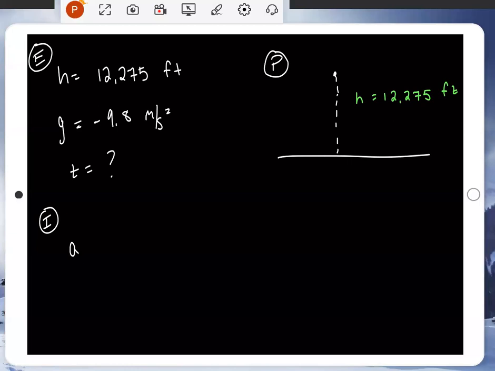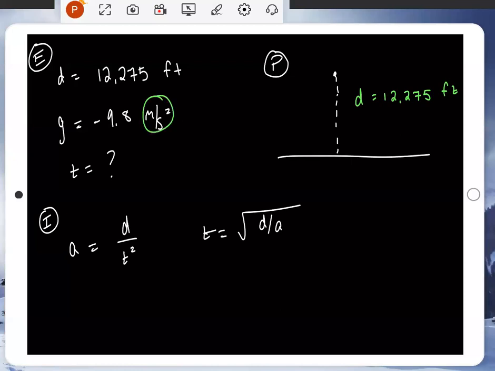Oh wait, is it? I believe this is the normal equation. And then when you solve for t, if this is what you're going to say, hopefully. Now, I want to make sure, because you use d, right? I don't want to confuse you any more than is necessary. So d is the distance, our height, great. But g is the acceleration.